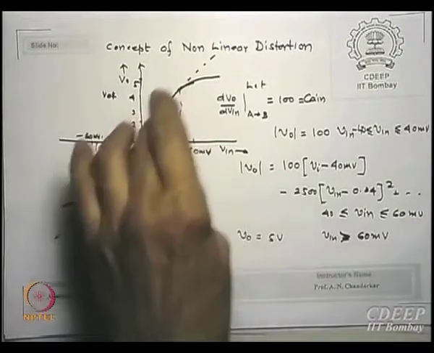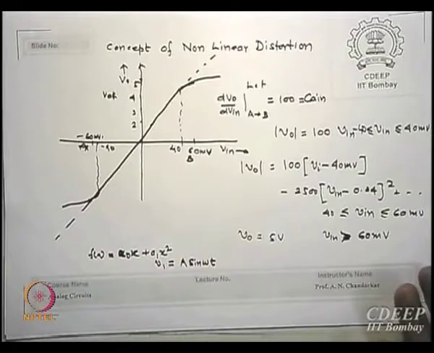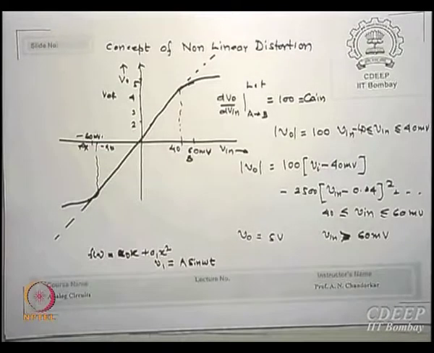So I want to see that if there is non-linearity, how much non-linearity is tolerable to you. Since our swing is now only 40 millivolt, minus 40 to plus 40, but I have a signal which is 100 millivolt, then what will happen, where will the output go? Fixed at 5 volt, nothing else can be done now. But I actually want linearity there. So one method of improving the linearity of a non-linear system is to give negative feedback, is that correct? What is the advantage of negative feedback will be seen, but at what cost will I get it,